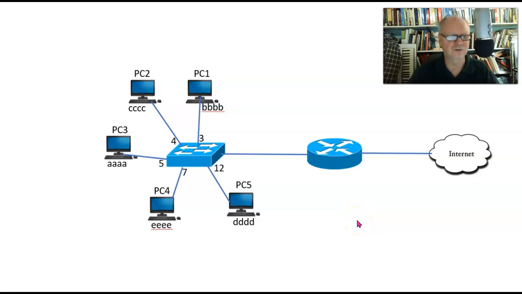Let's discover how switches learn things. I have here a switch with a network, and these numbers down here are the port numbers, 3, 4, 5, 7, and 12, that these PCs are plugged into. This is PC 1, 2, 3, 4, and 5, and then these letters down here underneath each PC represent a